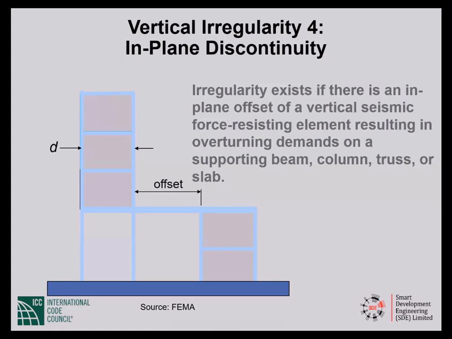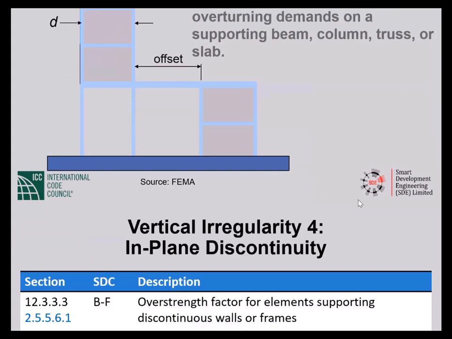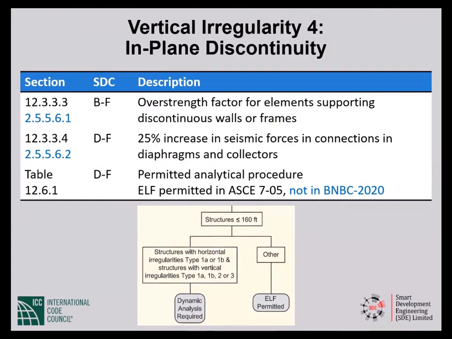Irregularity exists if there is an in-plane offset of a vertical seismic force resisting element resulting in overturning demand on a supporting beam, column, truss, or slab. So this shear wall is coming down, then takes an offset and then comes down here. There is an overturning demand on this beam. So that is the ASCE 7 definition. In BNBC, if this offset is larger than the shear wall dimension, then we have this particular type of irregularity, type 4 vertical. If you have type 4 vertical,